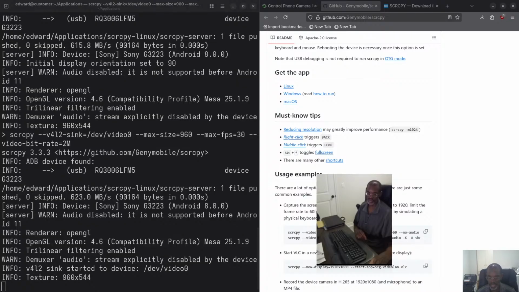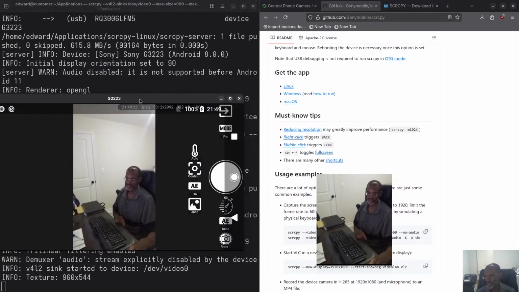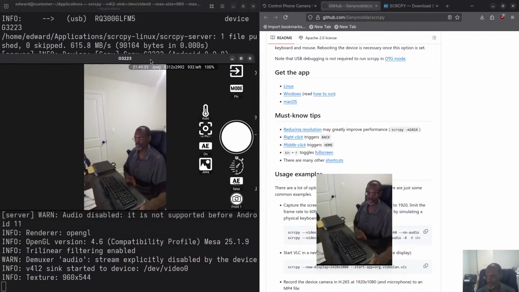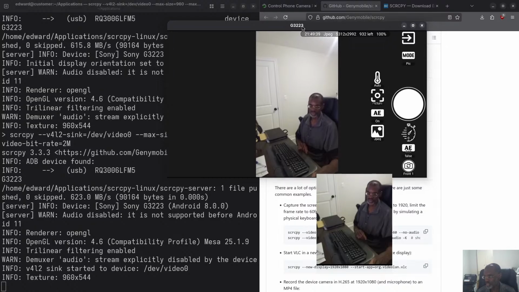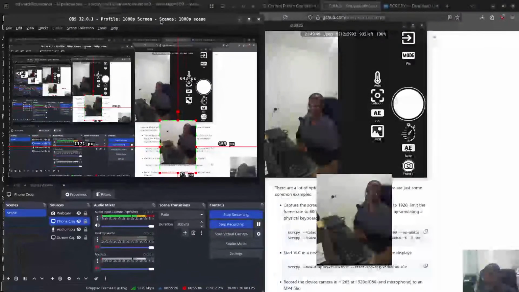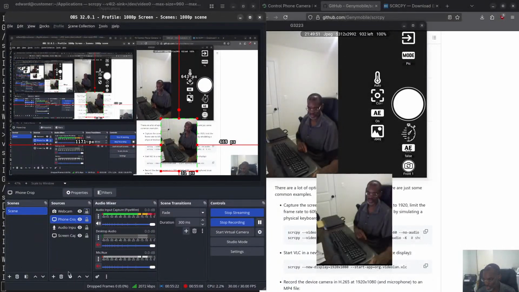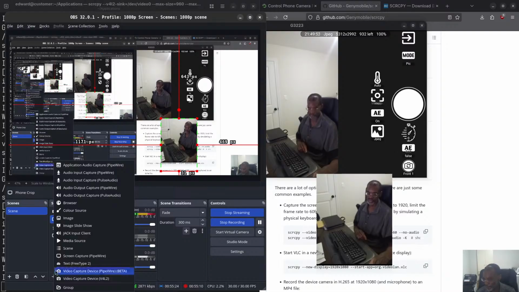I didn't put no display because I want to see what it looks like. So this is it right here. This is not important, but I just want to show you what it actually looks like. Then I'm going to bring up OBS because now we have a video for Linux. Remember, it's /video0, so that's what we're going to look for. So we go here, and I'm going to do an add, and you see there's video for Linux. There's two of them I can use. No, this one, you want video for Linux. So I click this,